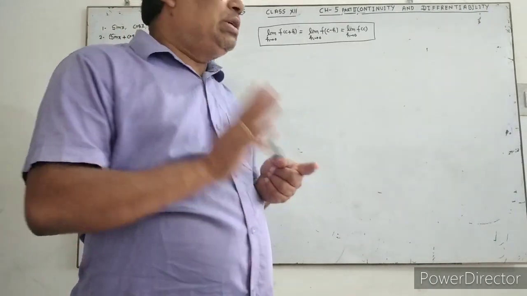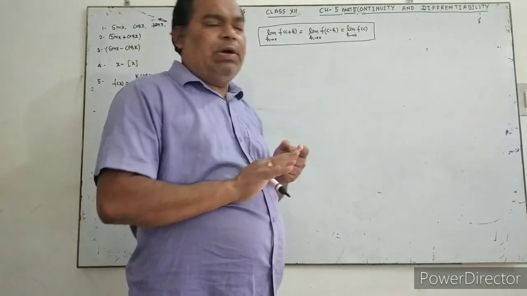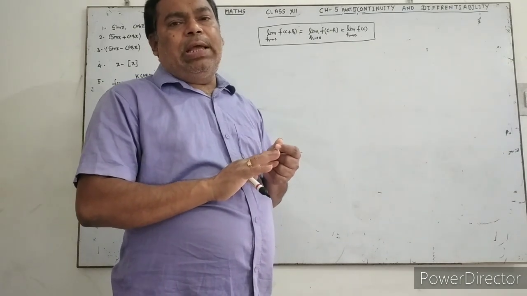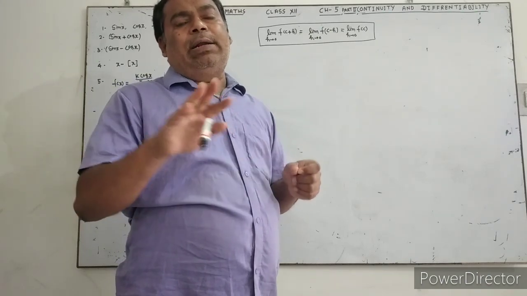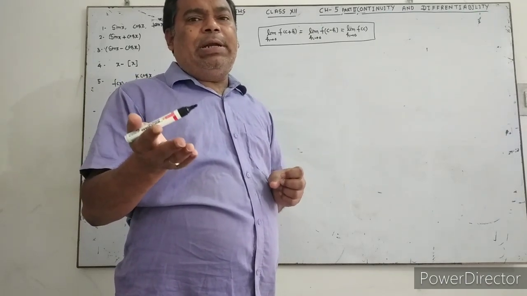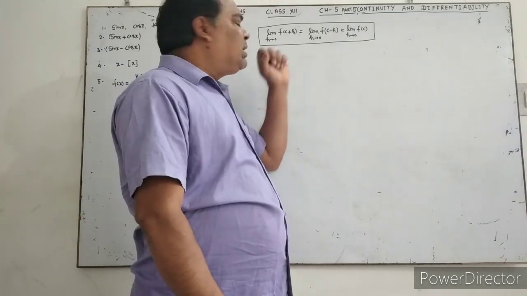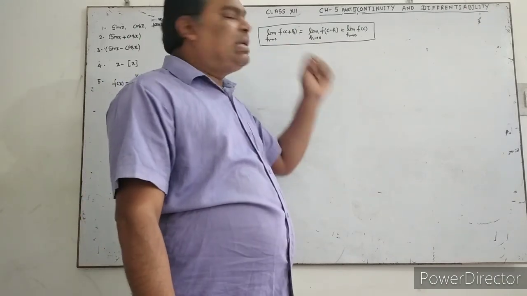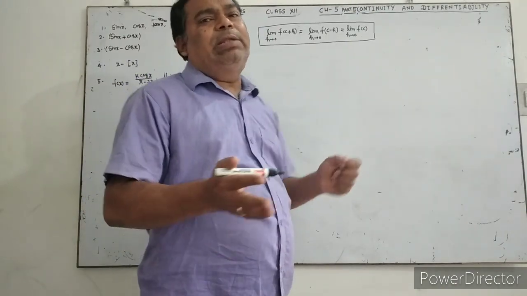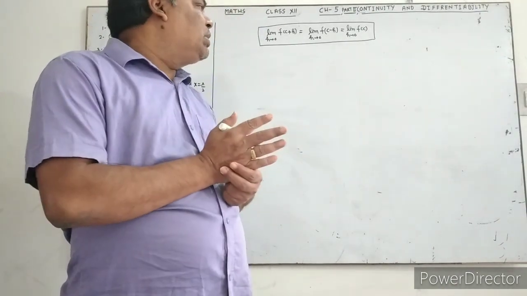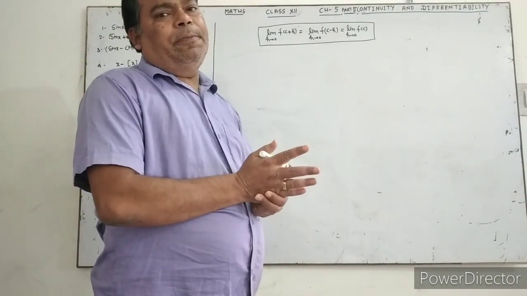In the first part, we discussed this topic. For any function f(x), how can we check whether the function is continuous at the point c? If the left hand limit equals the right hand limit equals the value of the function at that particular point. Suppose c is any point, then c plus h gives the right hand limit, c minus h gives the left hand limit, and f(c) is the value at the point. If all three values are equal, then the function is continuous. Now we discuss the theorems orally.